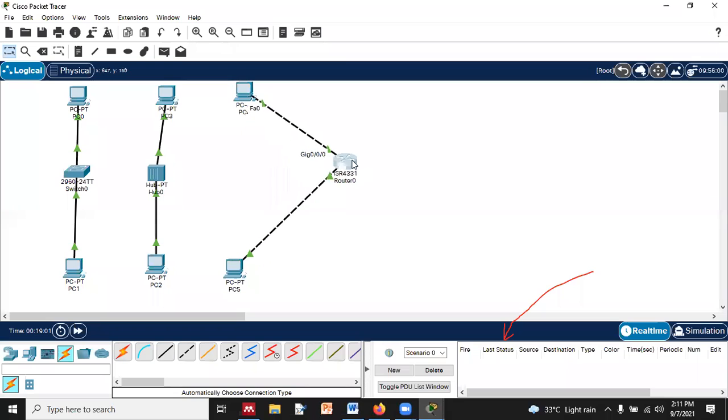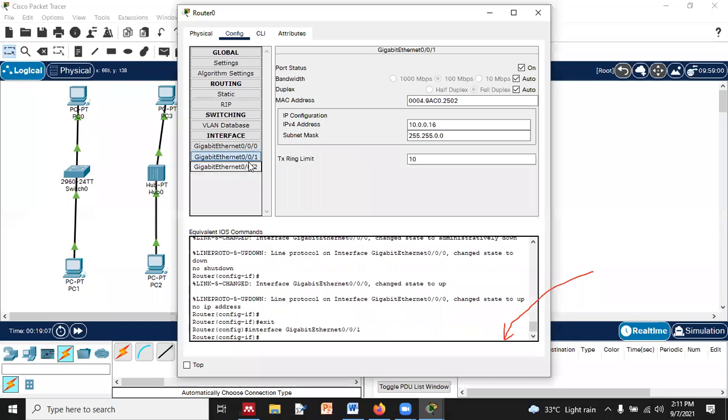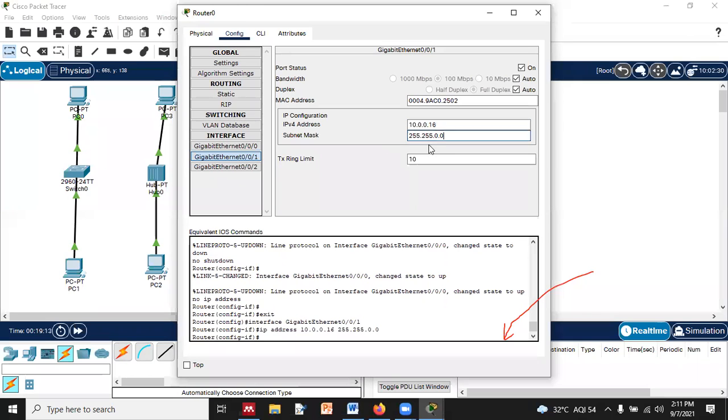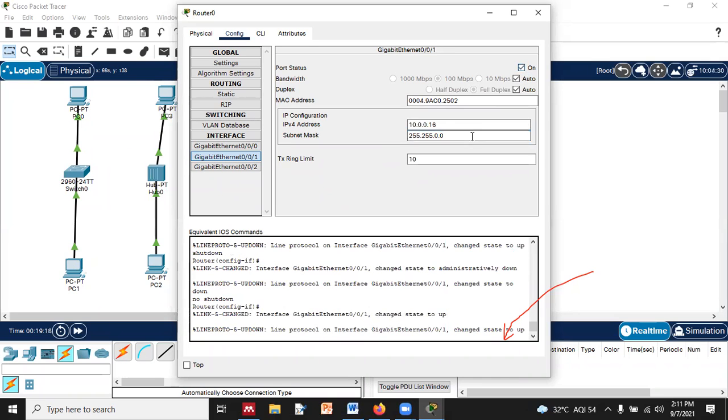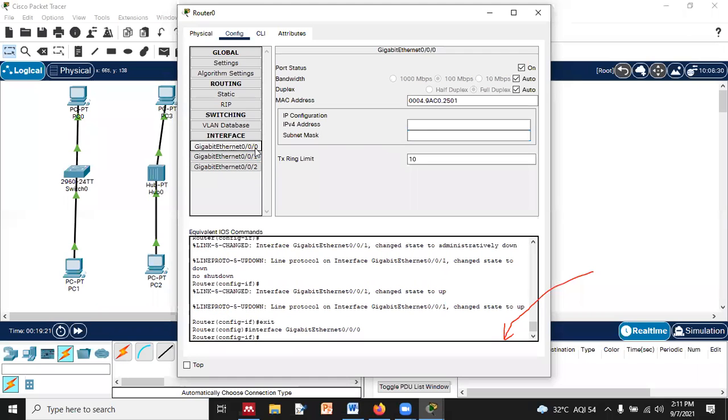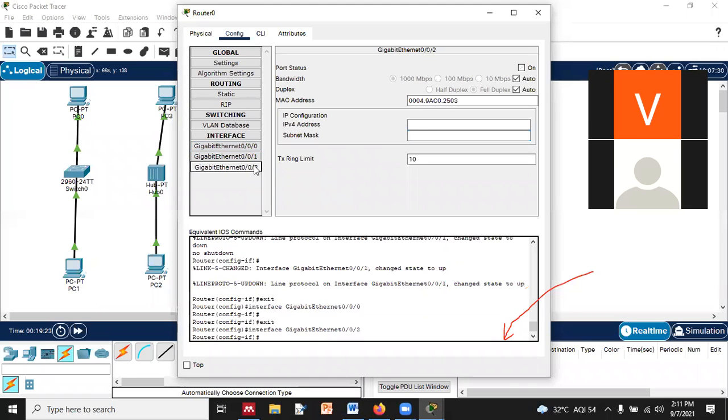Now what is the error? Let me see. This is 0/01. 0/01 is not, it is 16.10.0.0.16 to 55.0.0.0. Turn it off. Again, restarting the port by clicking it. And now this thing is okay, right? Now over here,